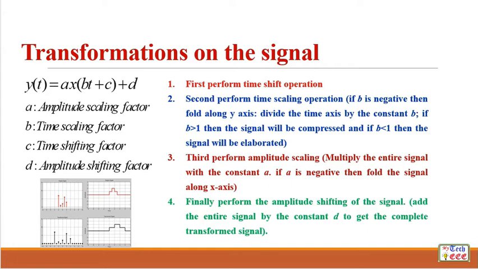So basically we have four types of transformations that can be done in time domain on a signal. We can have amplitude scaling, we can have time scaling, and we can do time shifting as well as amplitude shifting. Now let's consider a signal x of t on which we can do all four possible transformations. Here we can see the amplitude is multiplied with a, that's why it is called the amplitude scaling factor, and the time is multiplied with b, which is the time scaling factor, and c is the time shifting factor, and finally d is the amplitude shifting factor.